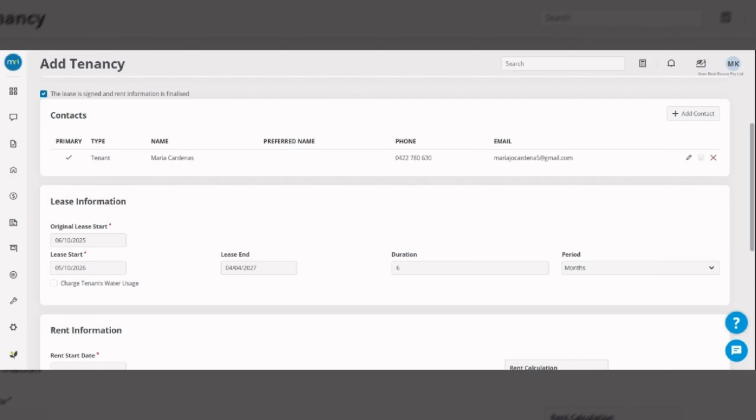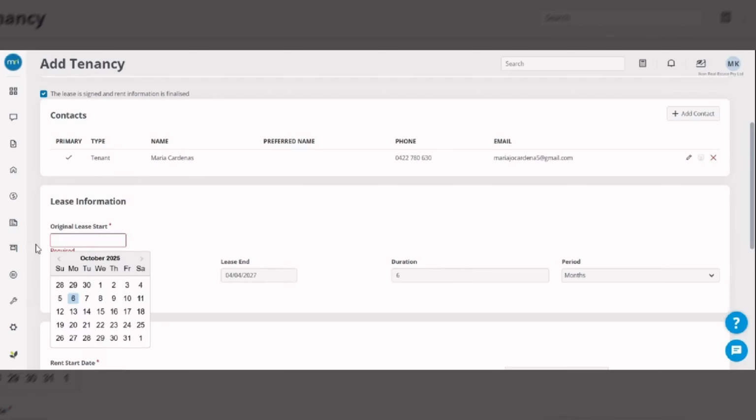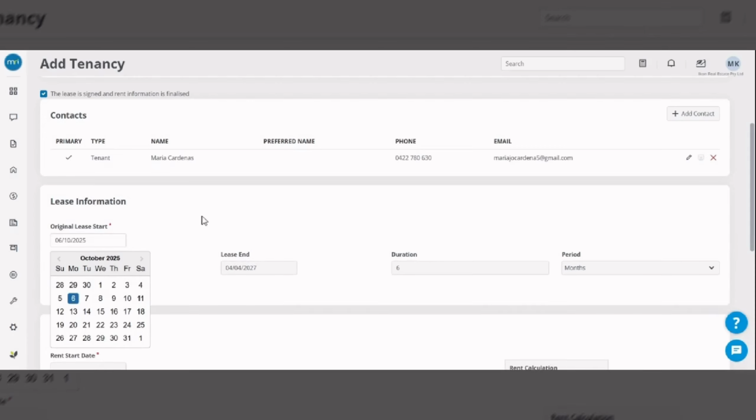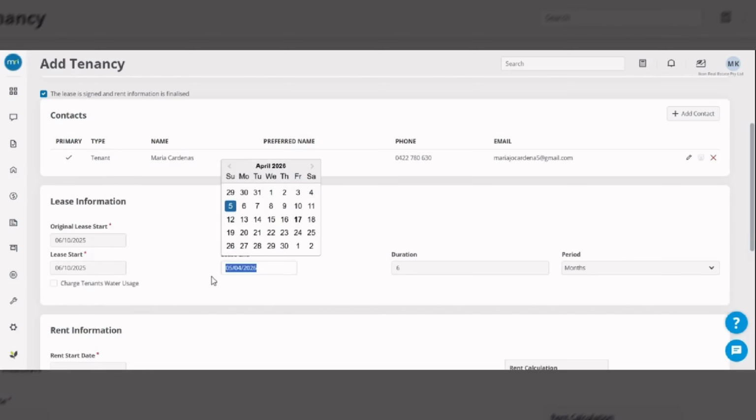The original start date and the restart date would be the same if there are new tenants. And the lease end date is 5th.